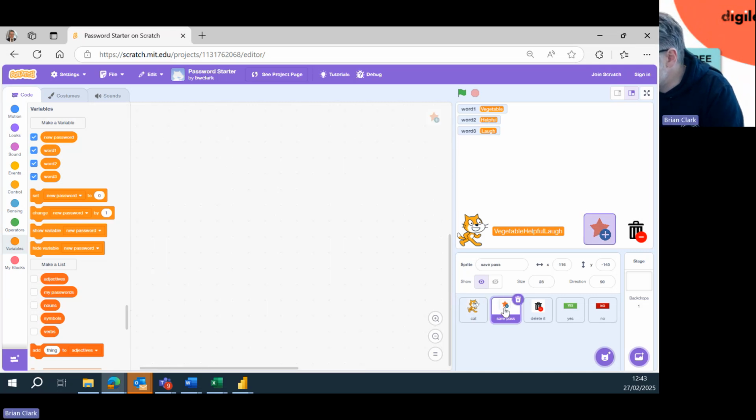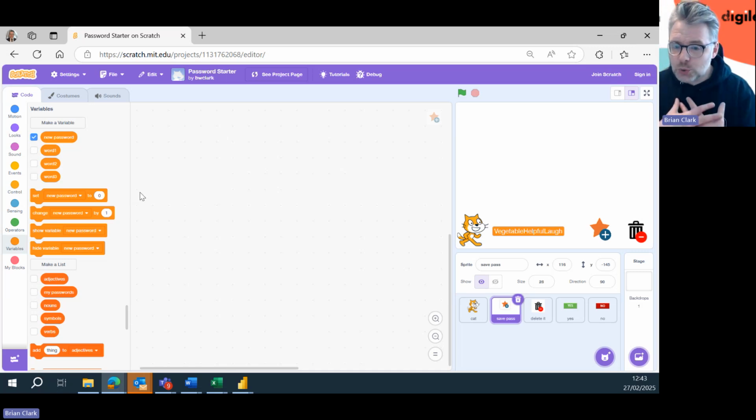So let's move to the star sprite, which is called save pass. Now, I can begin to hide these three words that are on the screen. So in my variables, I can uncheck word 1, uncheck word 2, uncheck word 3. They still exist, they're just not being shown to the user. The user doesn't need to see them, they just need to see the password at the bottom. So I've unchecked those. But what the user does need to see is the list of passwords that they are